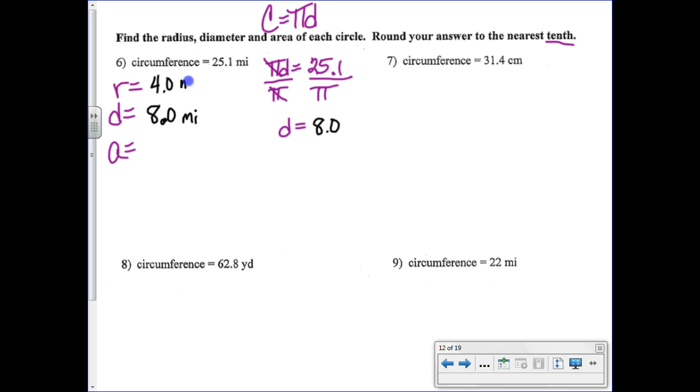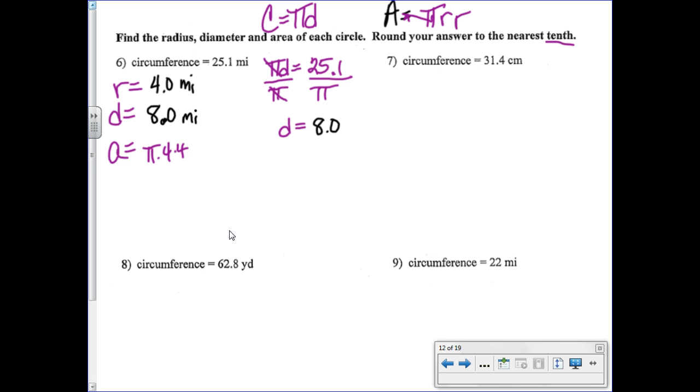2, I get 4. Now, when I go to find the area, area is pi times the radius times the radius. Sorry for the little squiggle here. Pi times radius, or r squared. So, go ahead, grab your calculator, and we're going to take pi times 4 times 4. All right, so pi times 4 times 4 is 16 times pi,